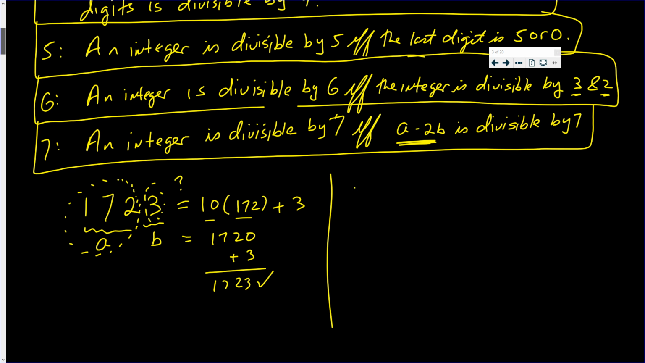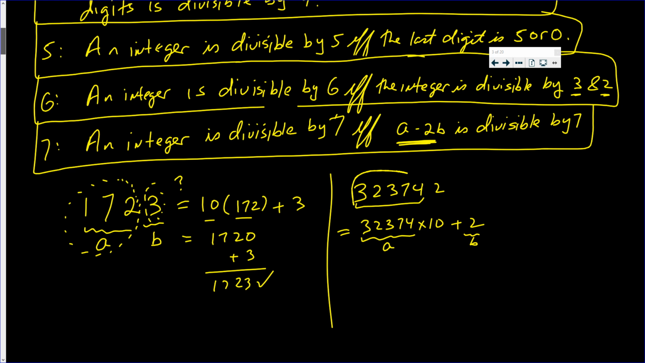No matter what number you have, 323374 2, this is equal to 32374 times 10 plus 2. That's my A, that's my B. That's A, and that's B. Okay, so